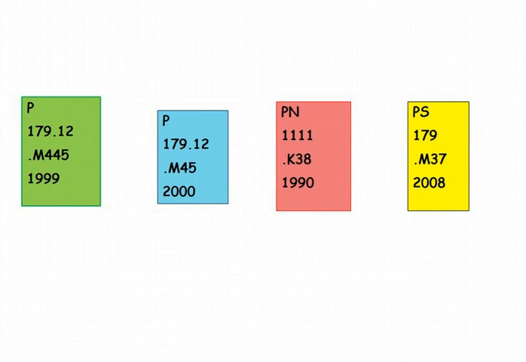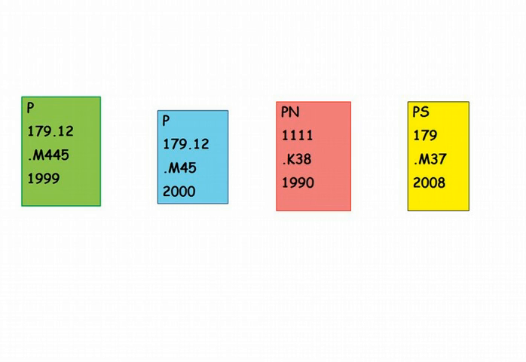For example, if we were arranging these 4 books in correct Library of Congress order on a shelf, we would begin with the first part of the call number, in this case the letter P. Now we have 2 books that begin with just P. So we look at the next set of numbers. In this case, they're both the same, 179.12. So we proceed to the next part of the call number, which has a letter and a number,